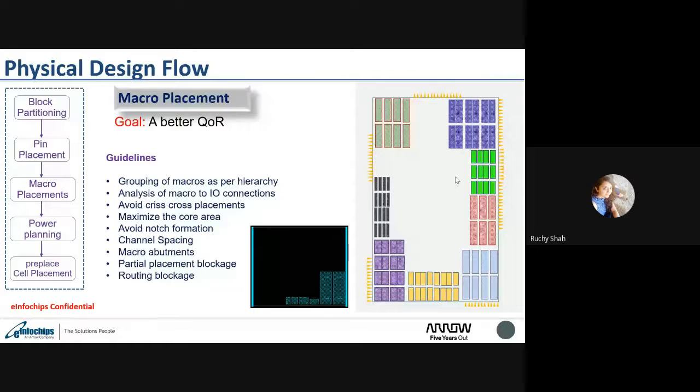Once we do the pin placement, the next major step is macro placement. Again, macro placement is a very, very important step throughout our physical design. The overall QoR of your design will depend on the macro placement. If the macro placement is bad, then it is very difficult to meet the timing.